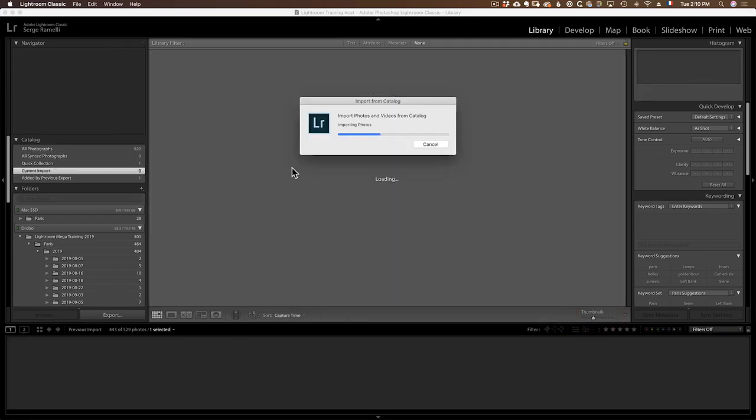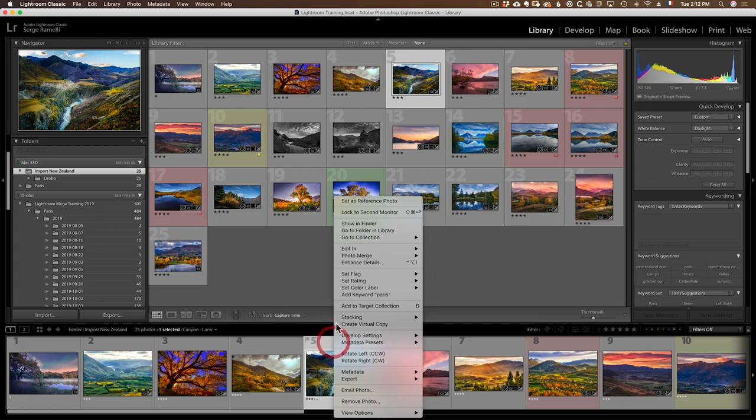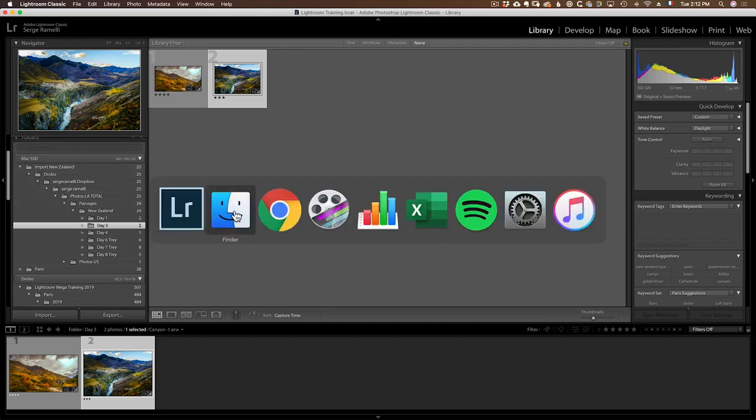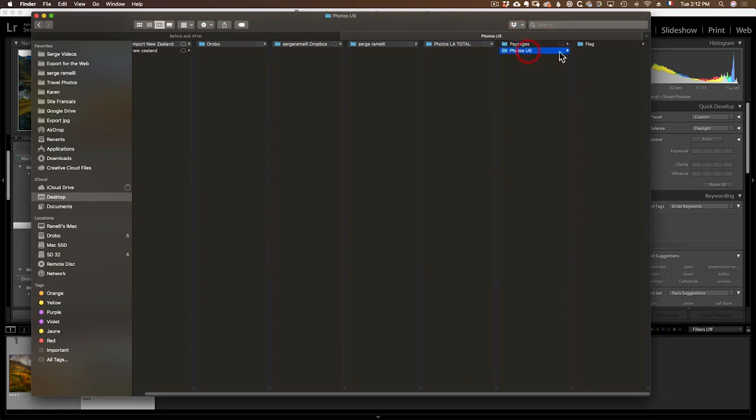And what that's going to do is import this catalog. So it imported all the photos. And if you look where they are, if you right click and go to folder in library, you will see that they are in the Import New Zealand folder we just created, but it kept the exact structure that was inside of that folder. So you just have to think about that when you export a catalog. This was already a very complex structure. See, Import New Zealand is going to create the entire structure that I used to have before on my old catalog, so it's just something to keep in mind when you export.